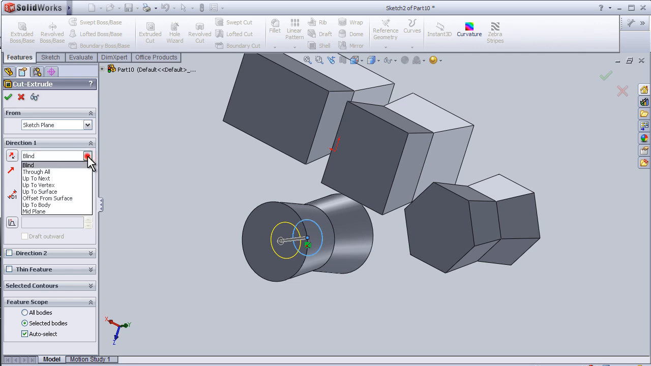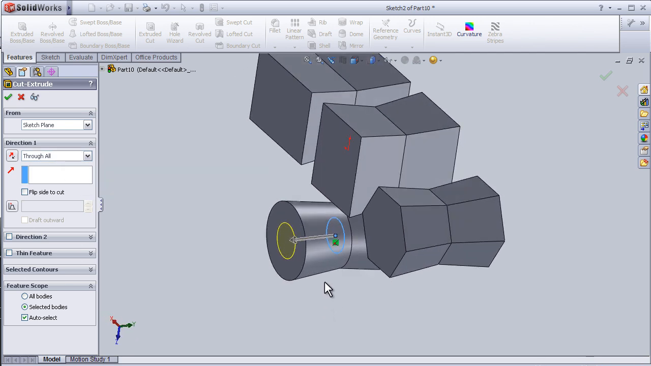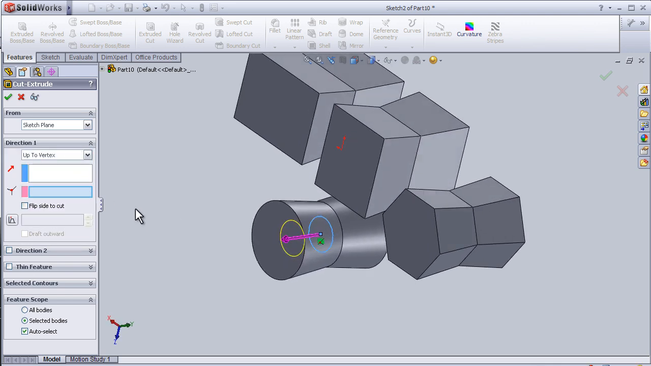So I'm going to choose through all, so it's going to cut through all the part, and it will be the same as extrude up to next and up to vertex. In this case I have to choose a place, so if I choose this,